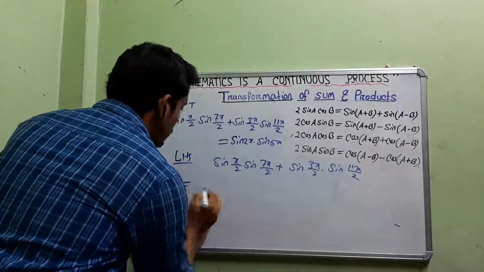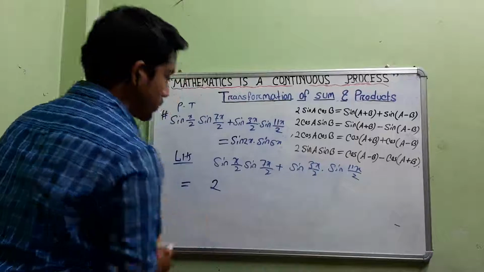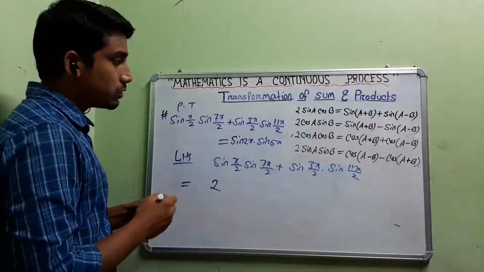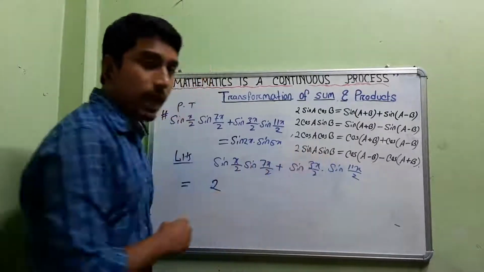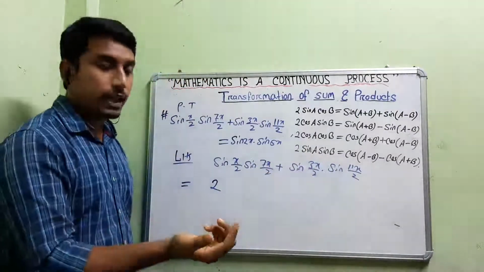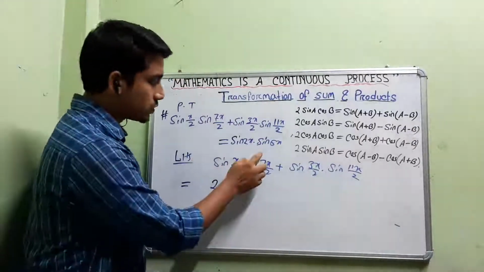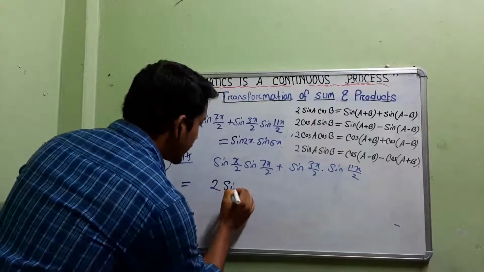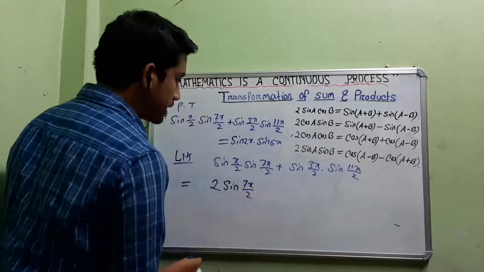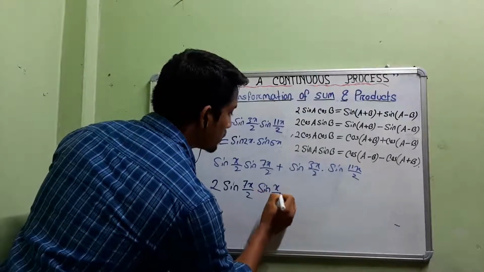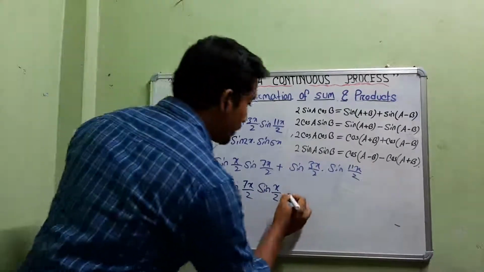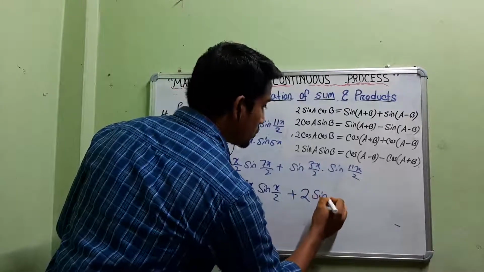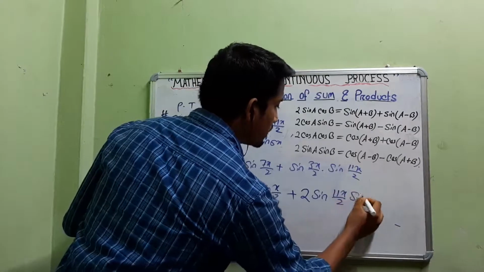So how to introduce 2? What you need, write it: 2. Suppose I have written 2. Now one more thing, the angle A should be greater than the angle B. So try to rearrange the terms. This would be your A and this would be your B. So we will rearrange like this: sin A, that means 7x/2, I have written in the beginning, then I will write sin(x/2). The smaller angle I have written later. Plus, similar here also: this is the bigger one, so I will write again, taking 2 here, 2 sin(11x/2) sin(3x/2).